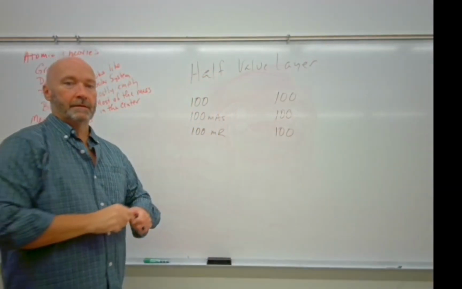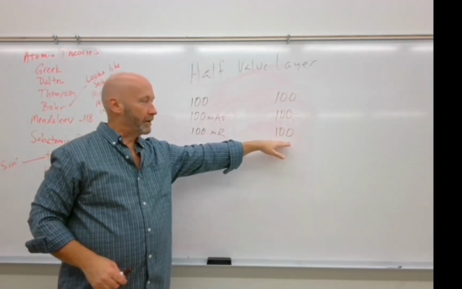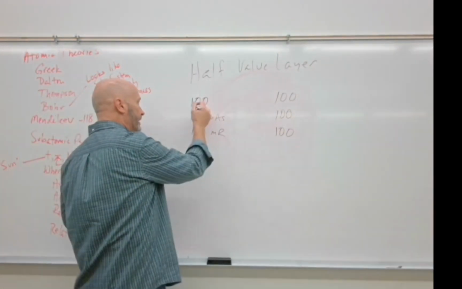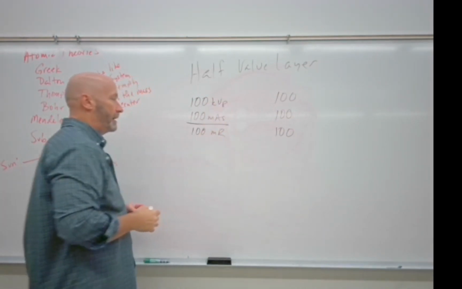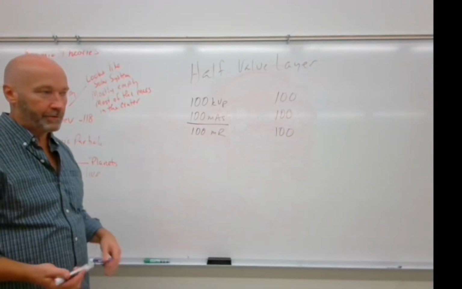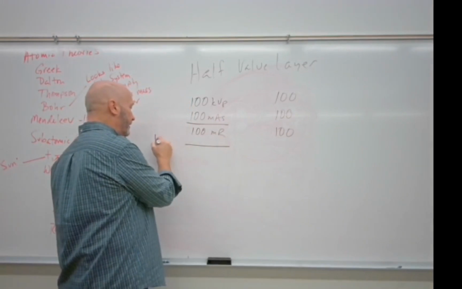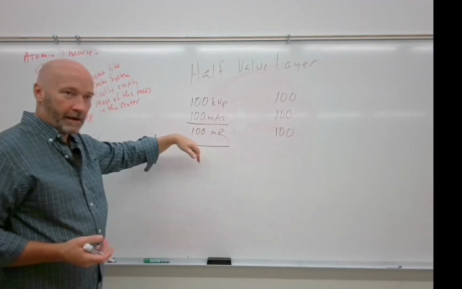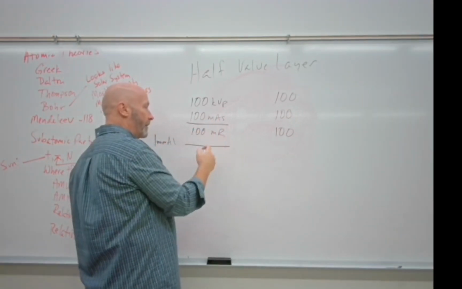So we're going to use the same technique on both machines. All right, so this is maybe a brand new X-ray machine. This machine's been around for a long time. So we make an exposure with this machine at 100 kVp with 100 mAs, and it gives us a 100 mR exposure. It really wouldn't. It'd give us more like 500 mR exposure, but this is just simple. All right, so let's say we place 1 millimeter of aluminum beneath the collimator housing, and we shoot through that 1 millimeter of aluminum. So we have 100 mR above that.